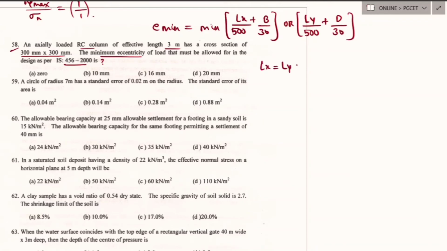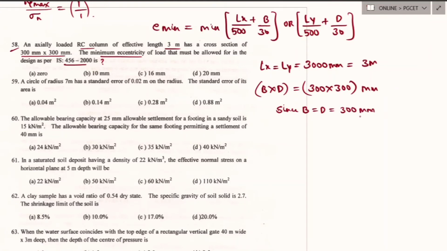Lx is equal to Ly, that is effective length of the column along x axis is equal to effective length of column along y axis, that is 3000 mm, that is 3 meter. B into D is the cross section of the RC column, that is 300 mm by 300 mm. Since breadth of the RC column is equal to depth of the column, that is 300 mm,